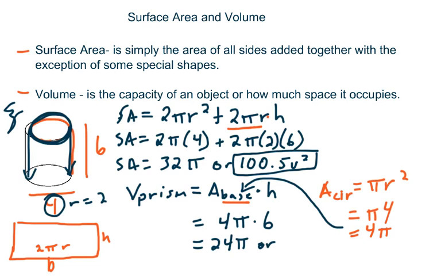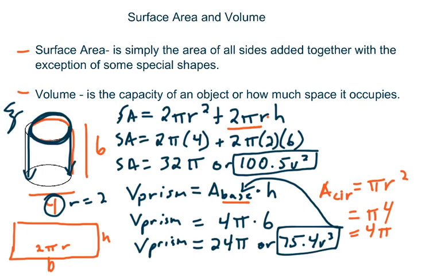or put that in your calculator and you should get 75.4 units cubed. So again, pretty straightforward if you know what shape you're looking at. Okay, so there's two. There's the surface area one, which was one of our special shapes, and then we've got the volume of a prism,